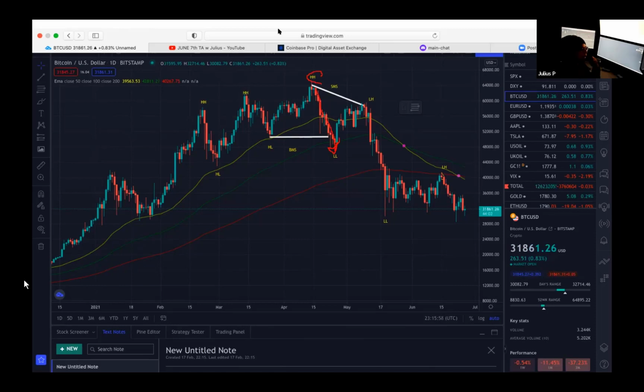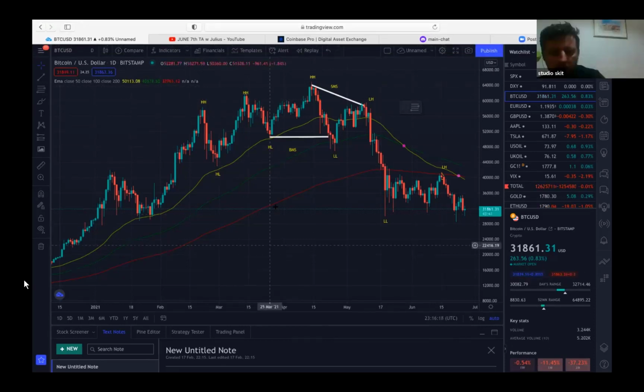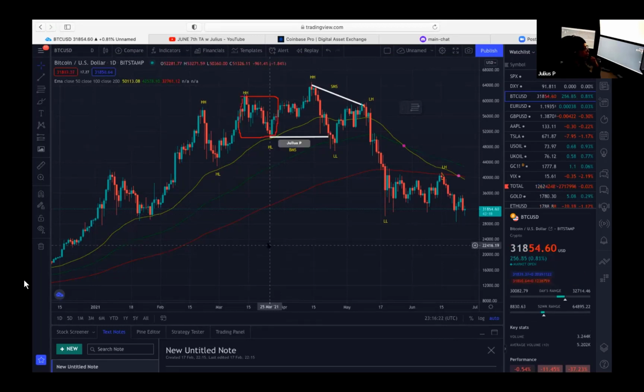Yes. Now when I explain order blocks, I want you to understand I'm really doing my best to just keep it in its simplest explanation as possible. There's a lot more information going on, but I really need you to just understand the concept. So take a look. We're going to start from here. See this order block right here, Philip? Yeah. Okay. On this order block,